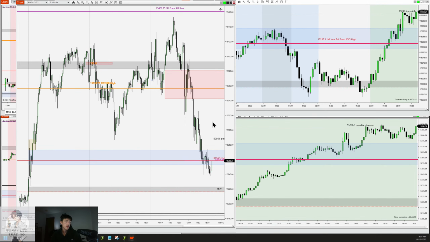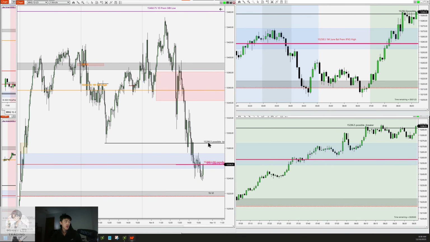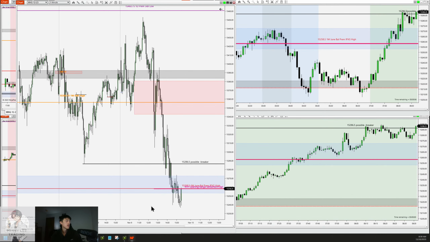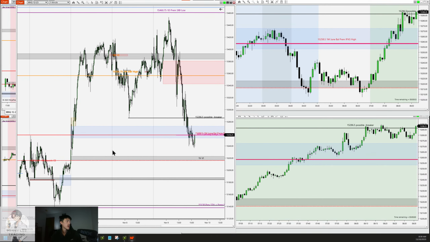So I'm thinking that if we see an immediate rebalance here, that we can certainly treat that as a point to head up higher, to head up into this area and tear into this hourly fair value gap. There's not a lot of imbalances which have been taken or left open. There's this one up here and this one up here. So there's not a ton to the upside, but to the downside, we have these areas.